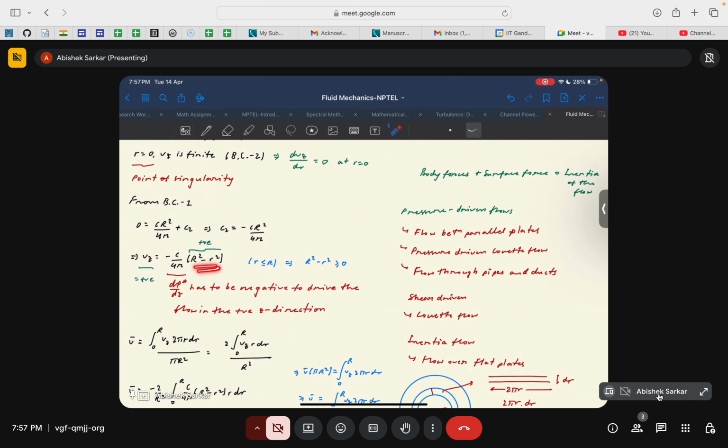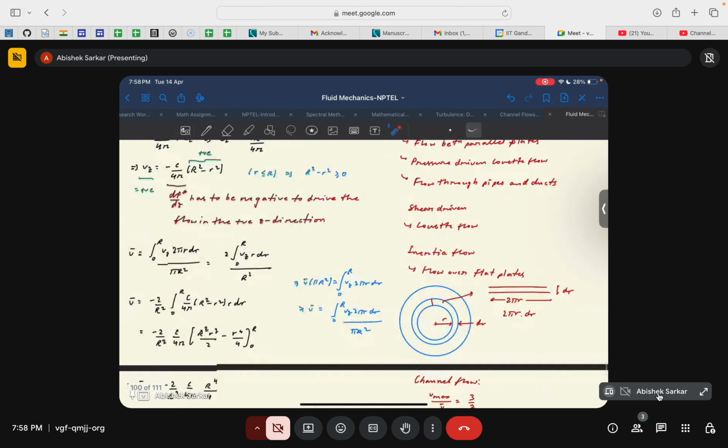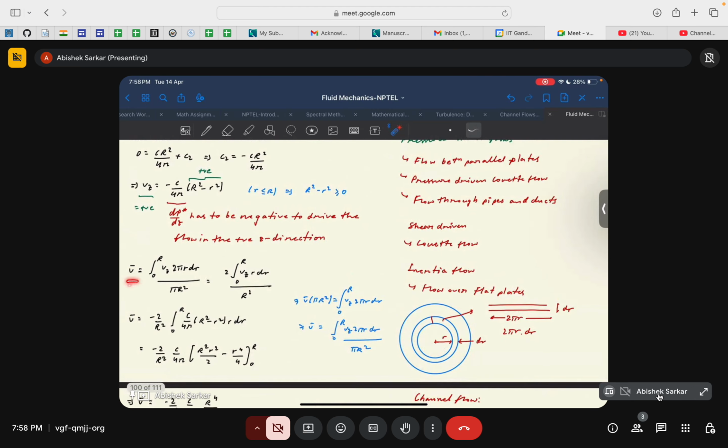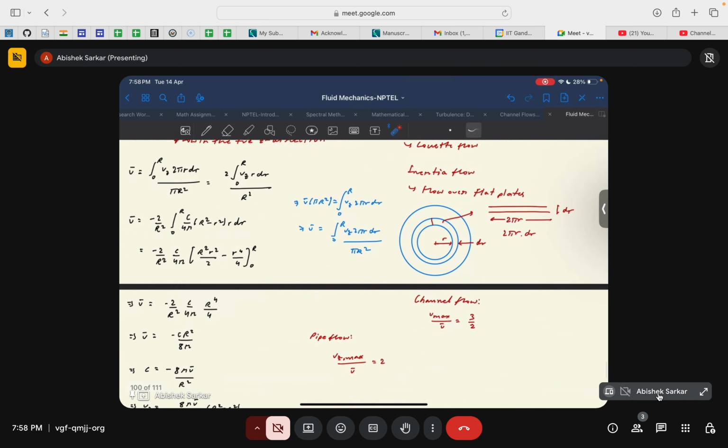So this term is always positive, and if we consider the flow to be occurring in the positive z direction, the entire term has to be positive, and we have a negative sign here, so c has to be negative for the flow to occur in the positive z direction. Okay, and again we had the similar idea of finding average velocity. So we found out average velocity was given by this equation,